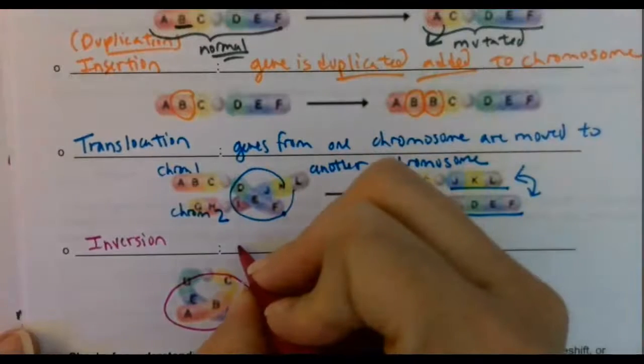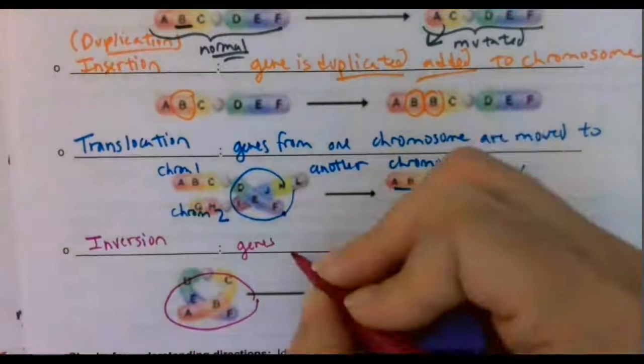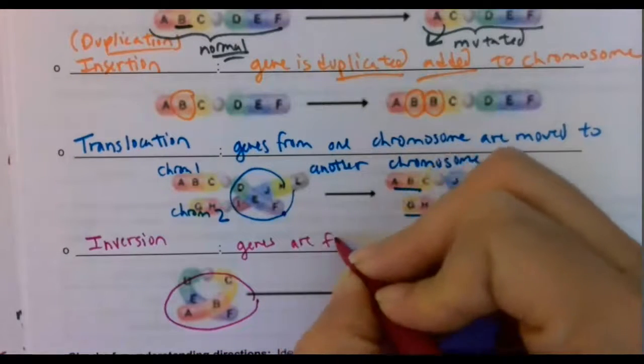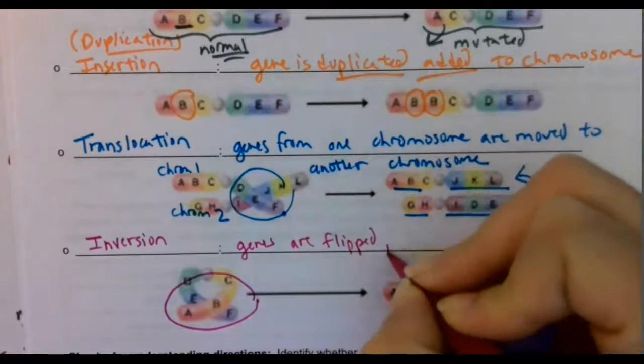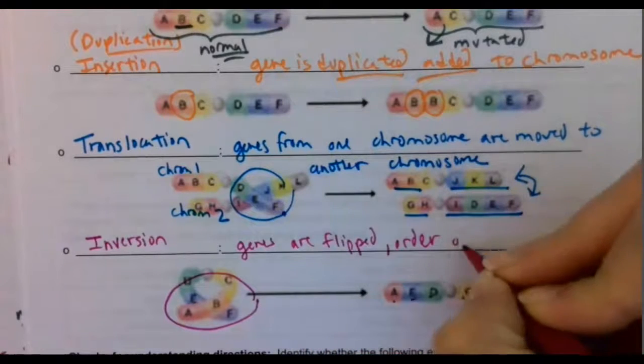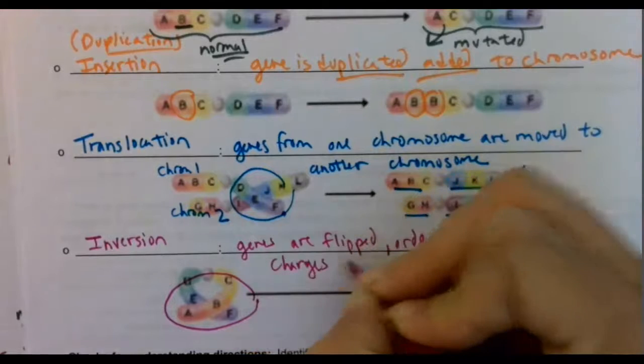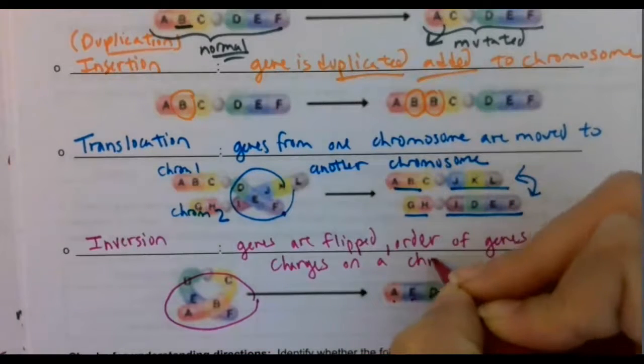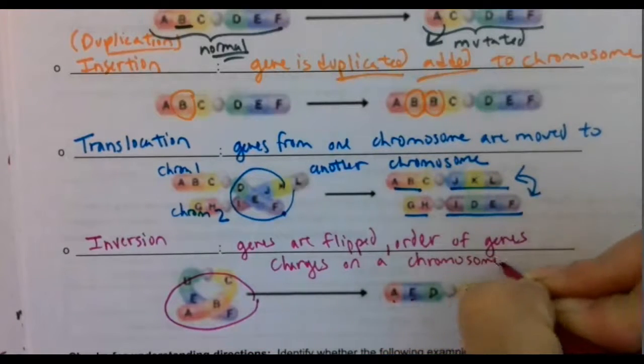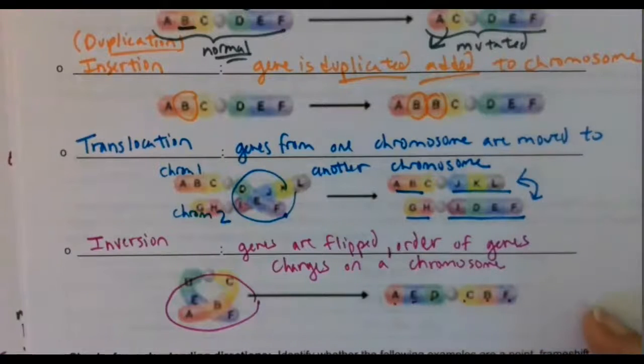So it's when genes are flipped or the order of genes changes on a chromosome. Again, you have the genes, but the problem is the genes are no longer in the right order,